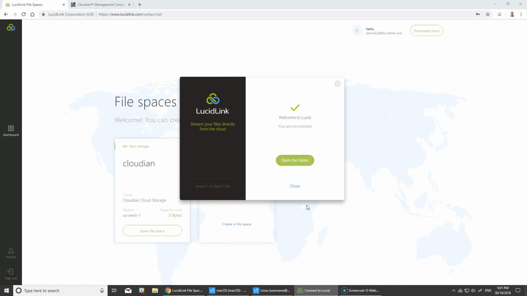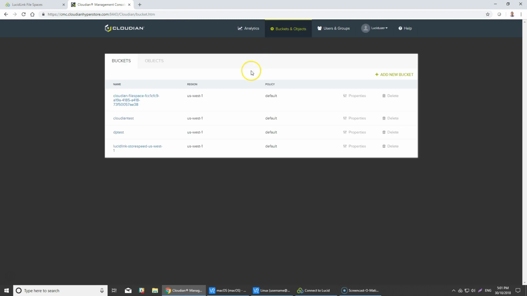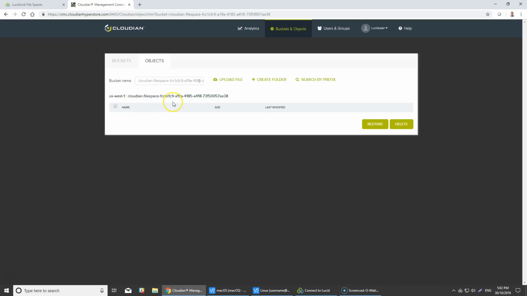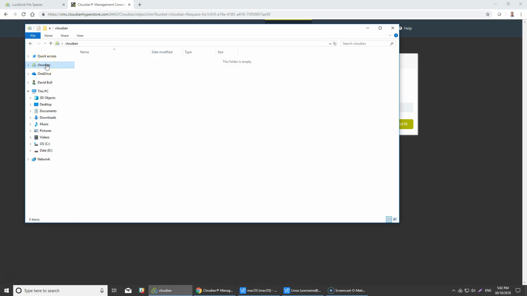If we go back to our Cloudian, so our file space is ready in the portal. If we go back to our Cloudian and go back to our buckets, we will see a new bucket called Cloudian file space, which is the one we just created. And this bucket will be empty. So at the time that it's empty, if I go and open my file space,